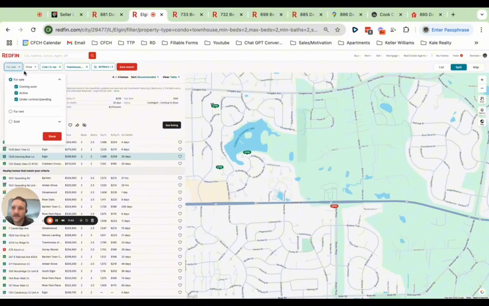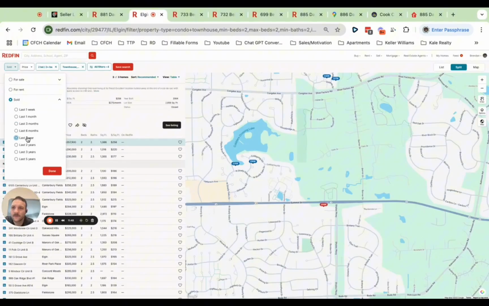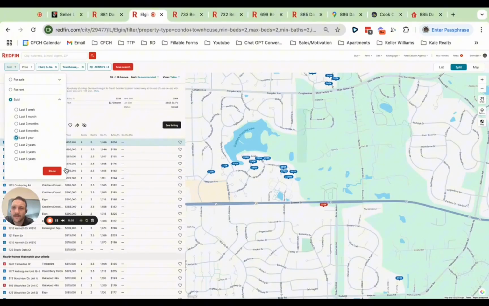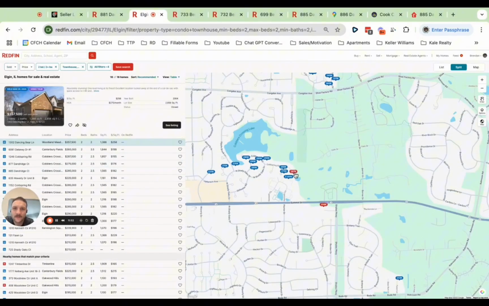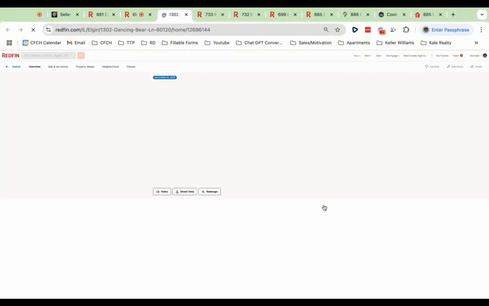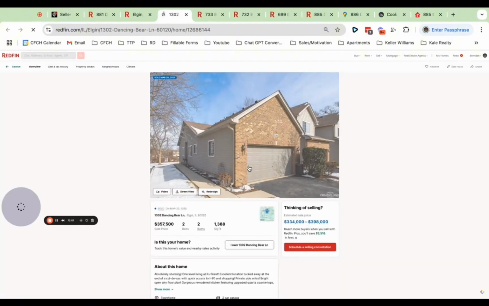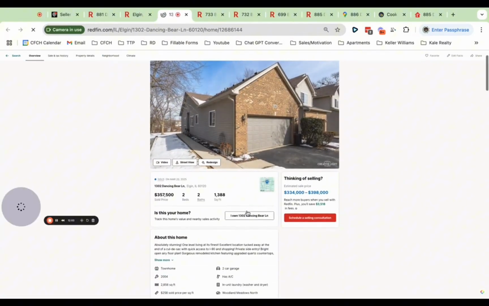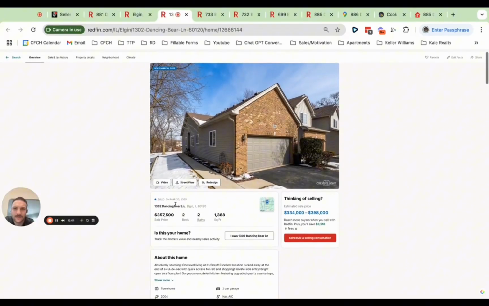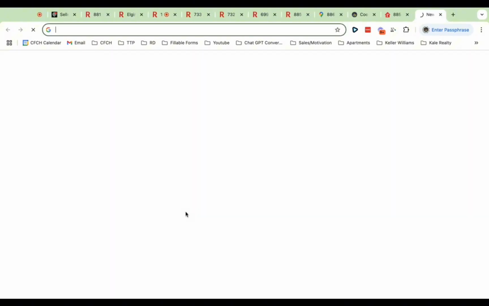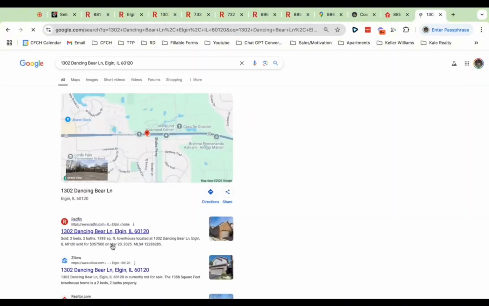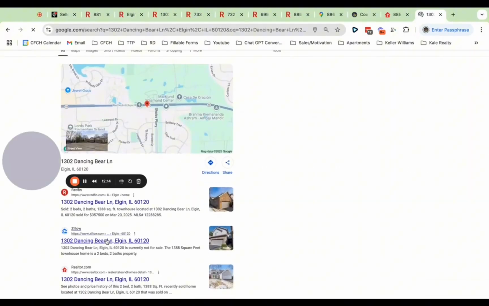Let's go back to sold properties. Let's go 1 year back and see what we can find. So there's a lot more units in this area that have sold in the last year, right? Let's look at this one, south of Summit. This is a two bed, two bath, one level living at its finest. Let's see if this one's updated because this one seemingly sold for significantly more than anything else that we're seeing. So let's see why.